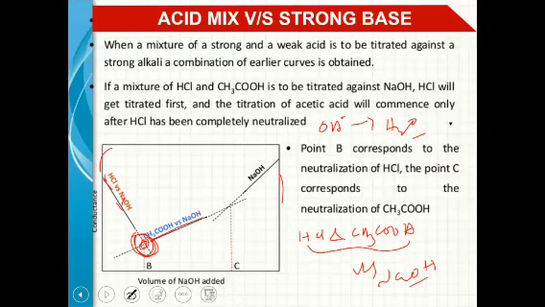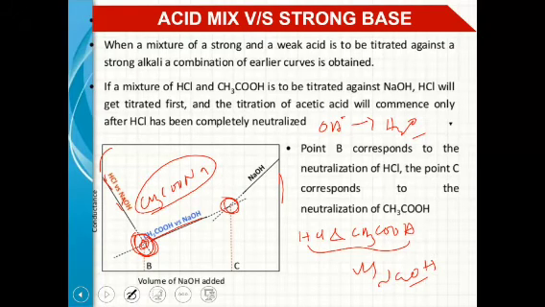This is due to formation of an ionic compound, that is CH3COONa, sodium acetate. Due to formation of this sodium acetate, which is a very ionizable compound, there is an increase in the conductance value while adding the NaOH solution to the acetic acid. After completion of neutralization of the acetic acid, there is no presence of HCl and acetic acid.